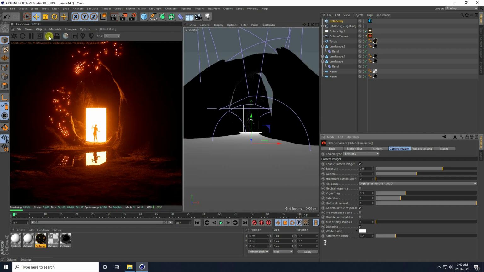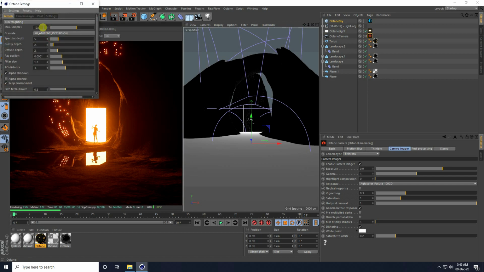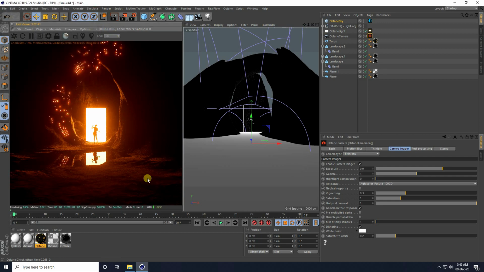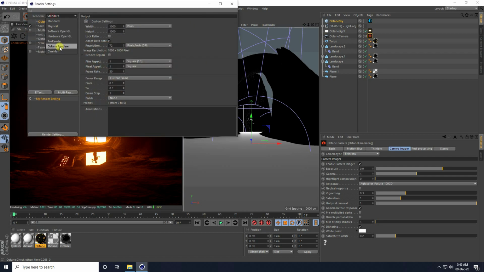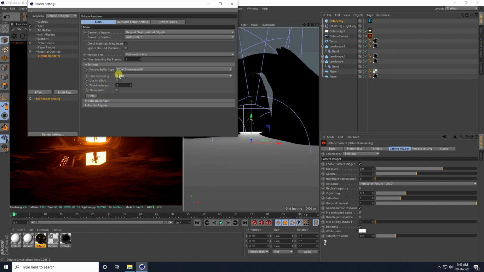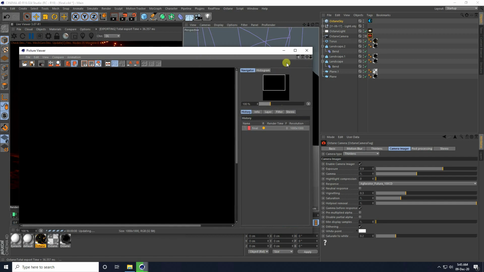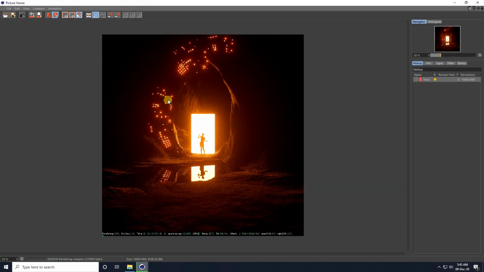It's okay. So guys, go to render setting, max sample I take like, guys, you can take like 2000, and specular increase 1 and 1. Yeah, so close. Guys, my final render, that's my final render. It's really good. And now stop this rendering, go to render setting and use Octane render, and all use GPU check. Yeah, and render. See guys, that's my beautiful render, right? So after render, save this image.